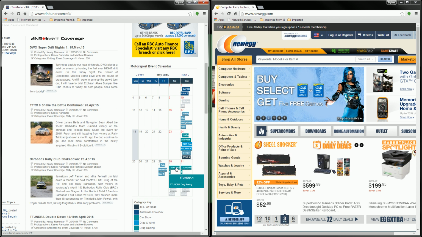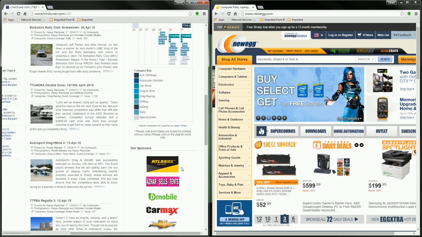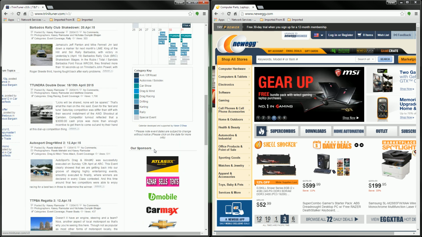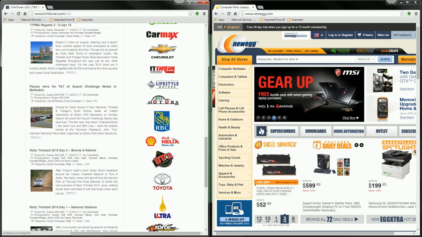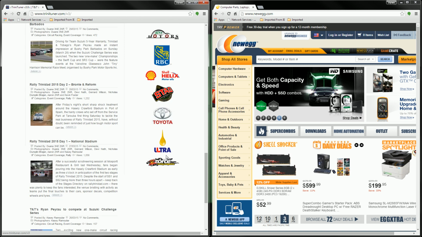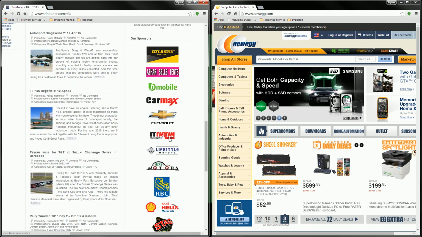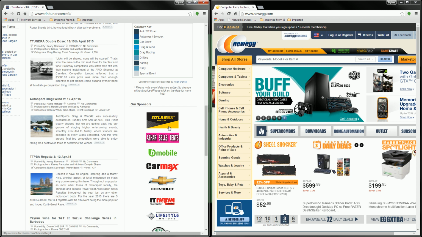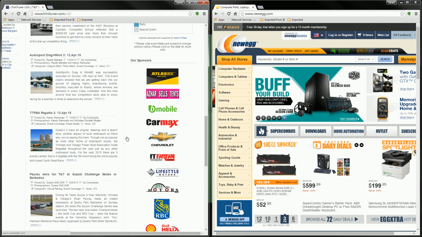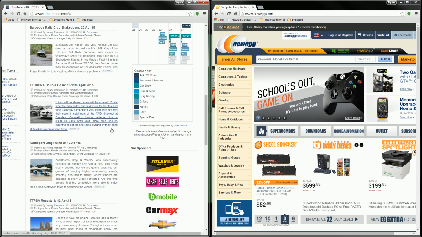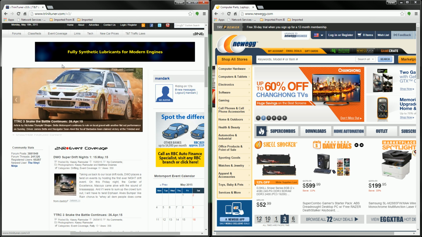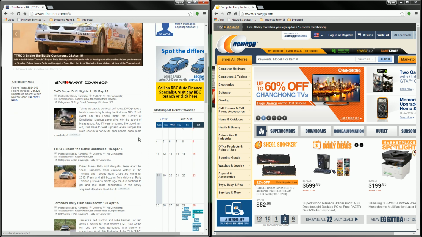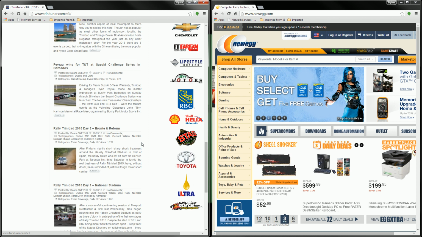As you go further down, here are some sponsors that sponsor the website. A lot of local as well as international brandings we're seeing here. In keeping with the ISO standards, you could see there's a lot of use of white space, and there are 3 columns you could easily identify, 1, 2, 3, with grids coming straight down to the base of the website. In comparison to Newegg,